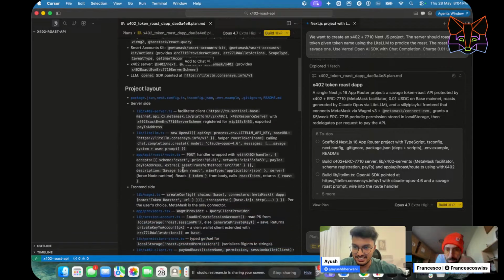And we can go to server side. On server side, it says facilitator client, x402 resource server, registered with the base chain ID, exported pay-to address, right? So it basically will create an .env and will ask us to add the pay-to address there. Okay, so we get the payment address in the env file afterwards.